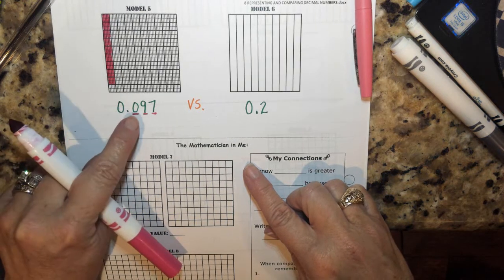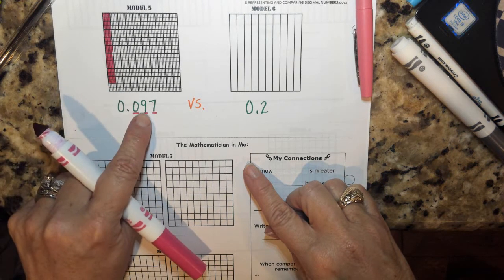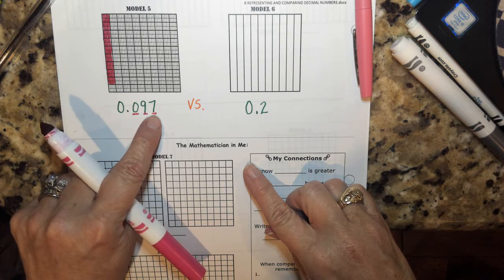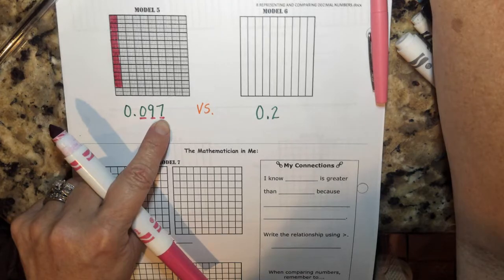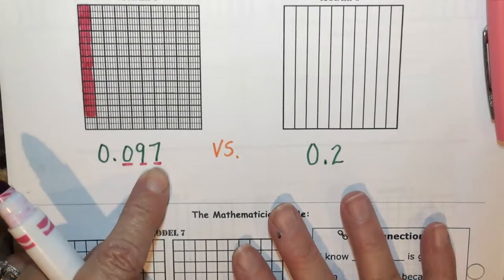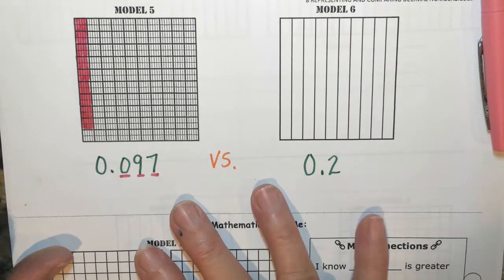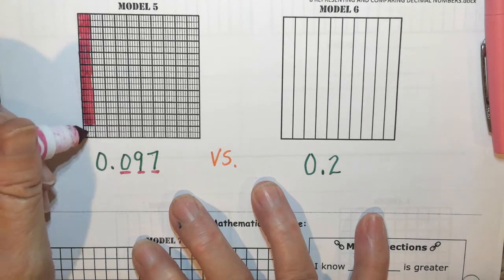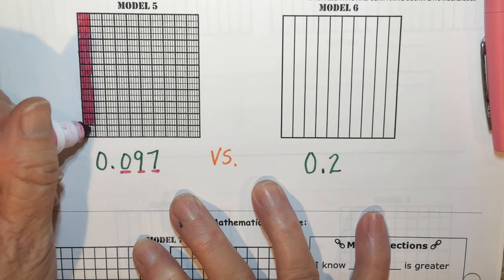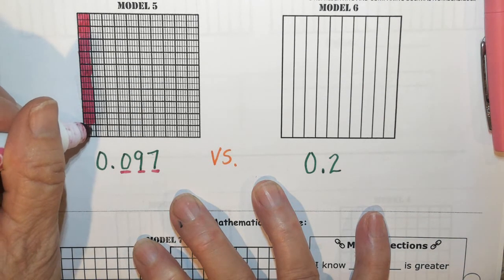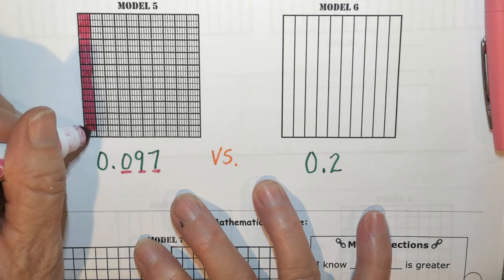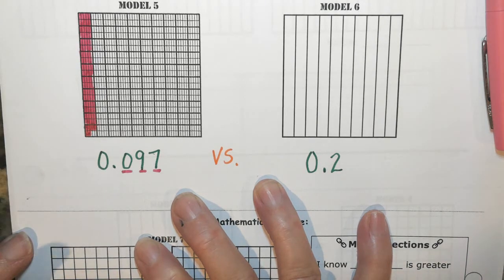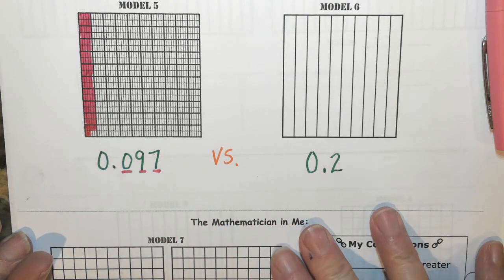So now I have 9 hundredths, and the next piece that I need to shade in would be 7 thousandths. So now I'm going to just kind of zoom in, and I'm going to get those 7 thousandths. So each little row has 5 thousandths, so there's 95 thousandths. This makes 96 and 97. So now I have my 97 thousandths